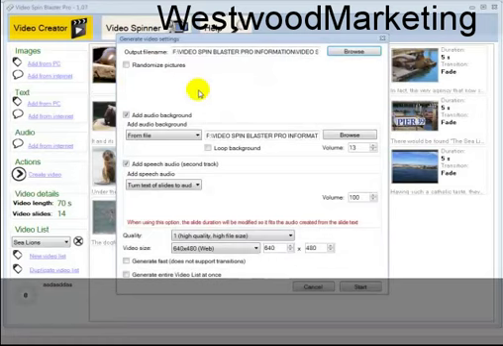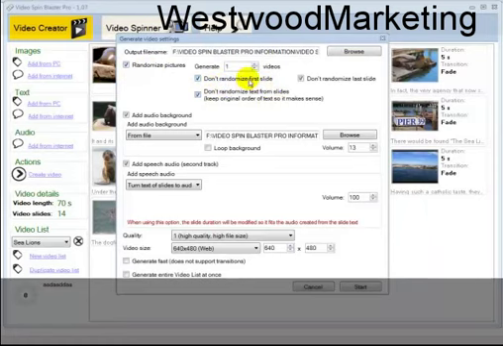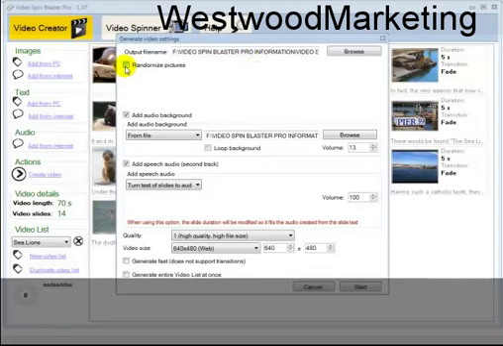And I'm not going to randomize pictures. If I were to randomize pictures, I could generate however many videos that I wanted to, and it would actually randomize the pictures. I could make as many videos as I wanted to, and it would redo the pictures in different orders to make it a different and unique video every time. So I don't want to randomize the pictures for this purpose, and I'm going to add an audio background, and